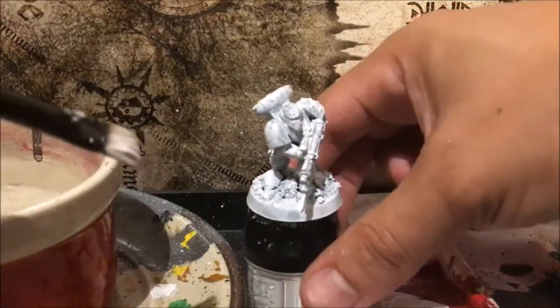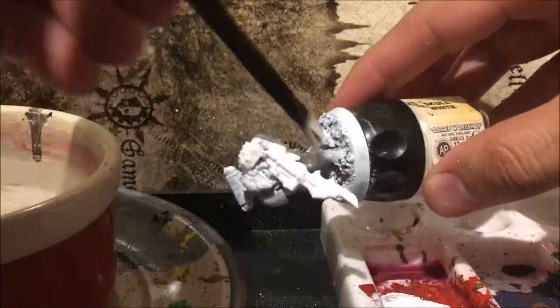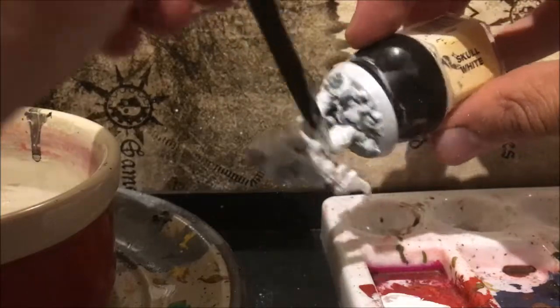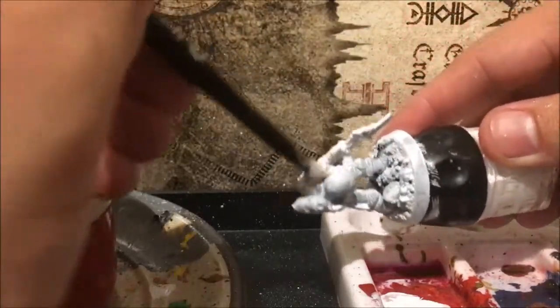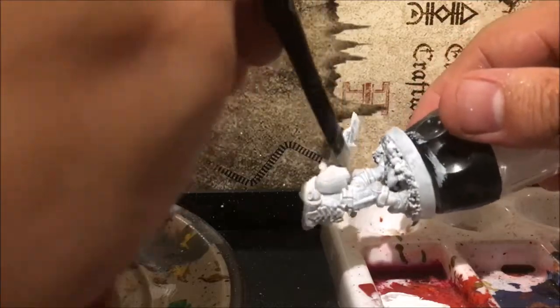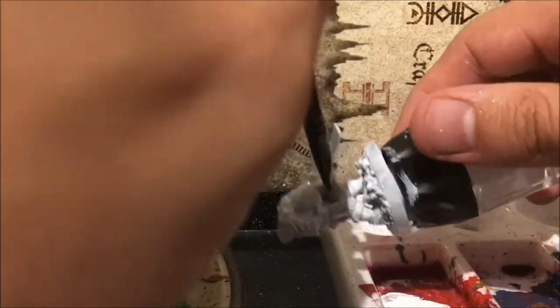onto this miniature, so that we can take it a little bit further. So hopefully, by adding additional layers now, we shouldn't have the pooling effects that you saw from the first part of this painting video. I'm just lightly adding another layer of white paint onto the model there, and it's not as wet, because there's another layer of paint on there already. It will apply much easier